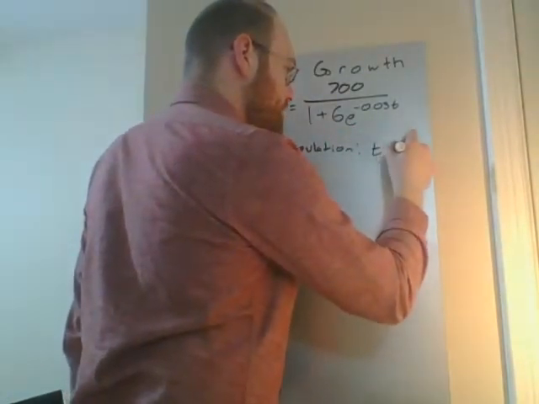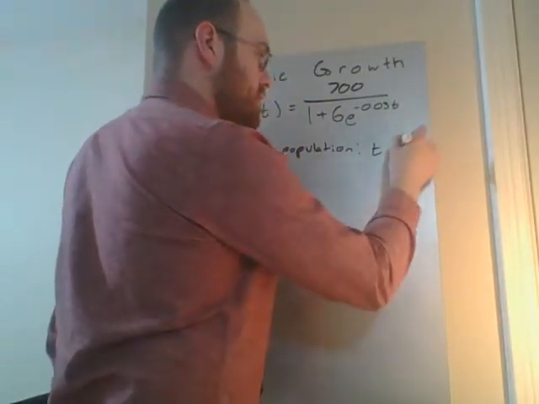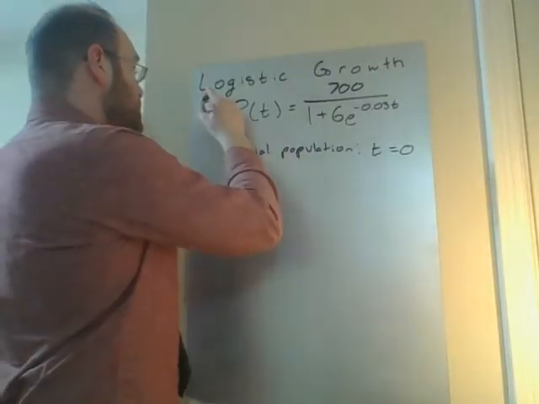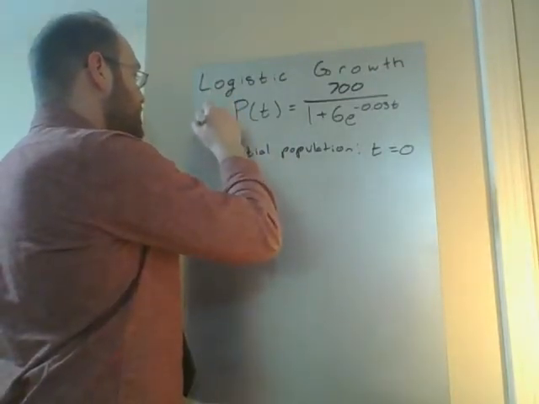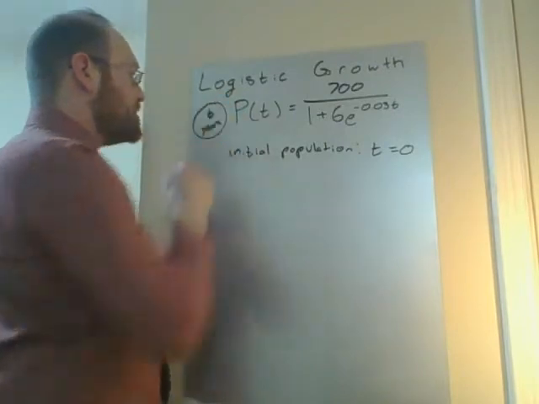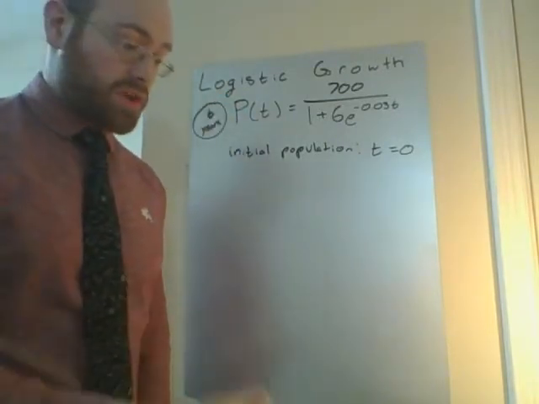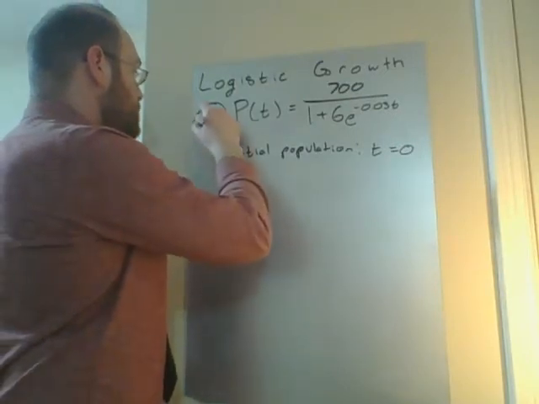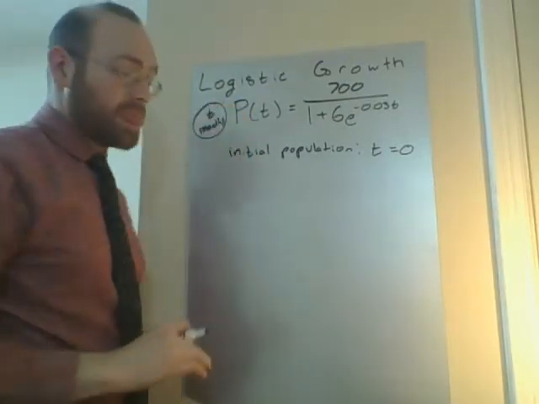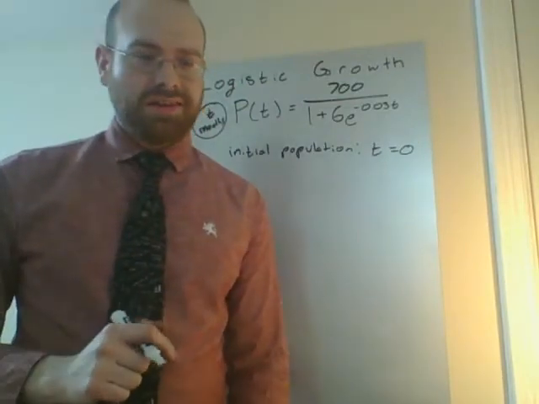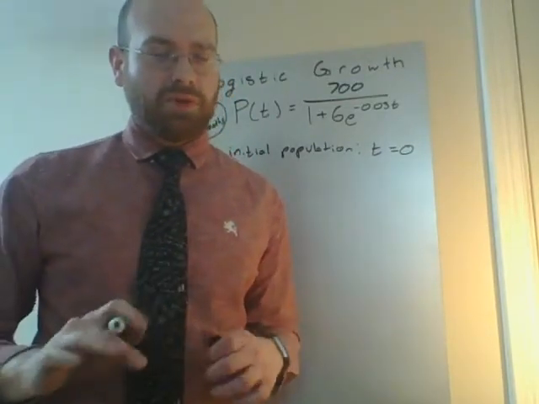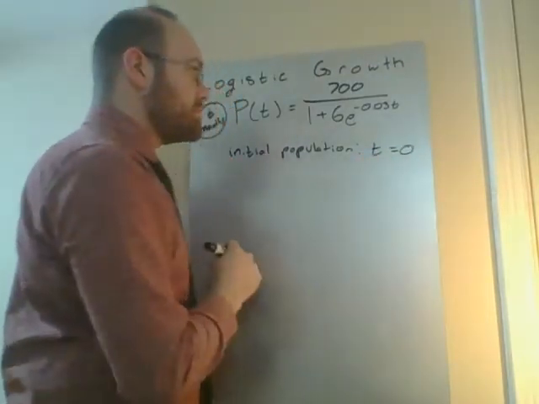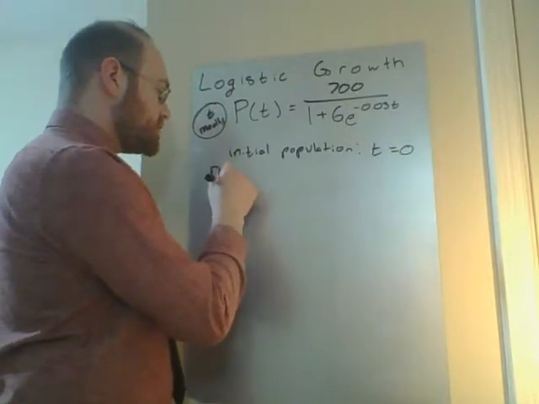Before I go further, though, I should mention that this equation has time measured in years. No, excuse me. I should really look at my notes a little bit more closely. This one has time measured in months. The question has years. We'll see that in a moment, getting ahead of myself. So t equals 0 months. So P of 0,